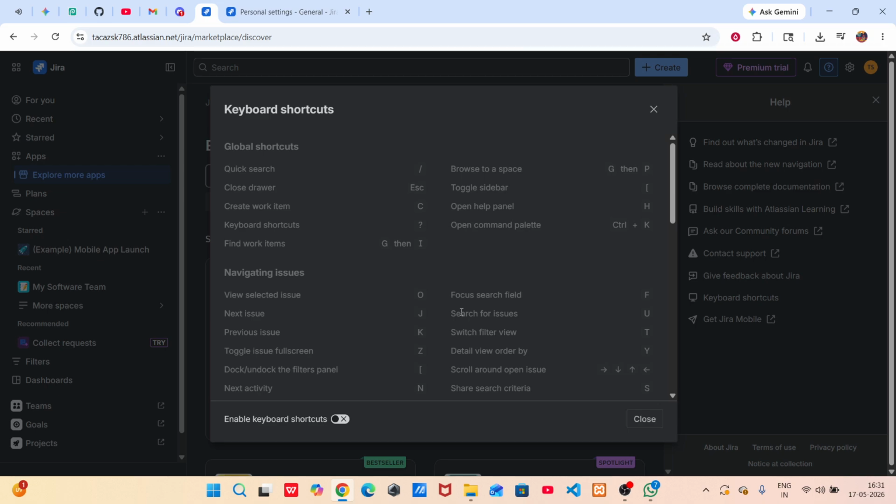Just click that toggle button. You'll notice that it will move to the off position. And just like that, you've successfully turned off the keyboard shortcuts in Jira. This means that you can no longer accidentally trigger any shortcuts while you're working, which is great if that's been